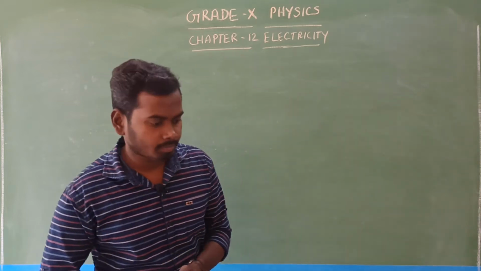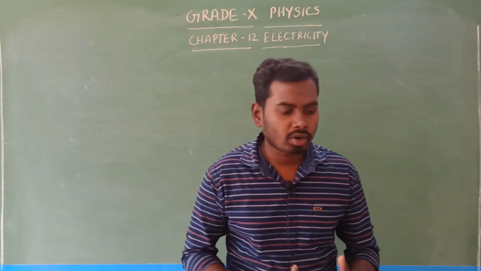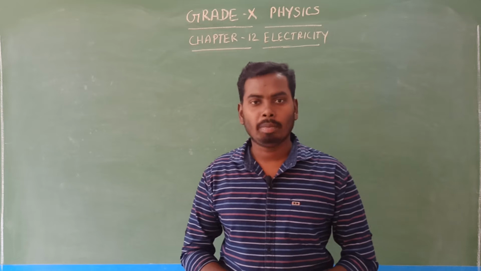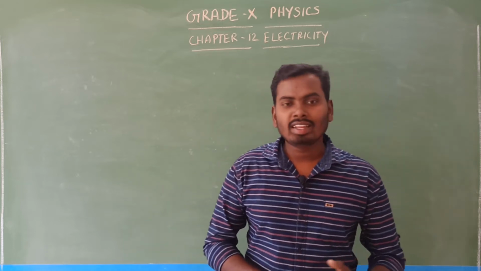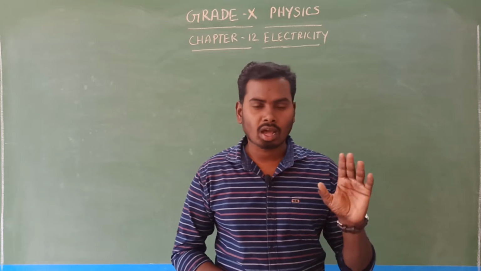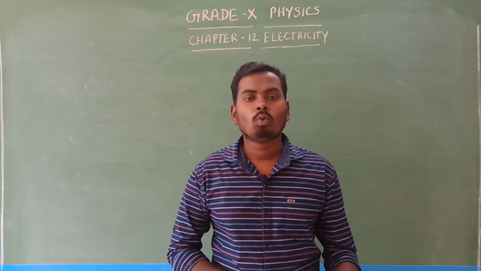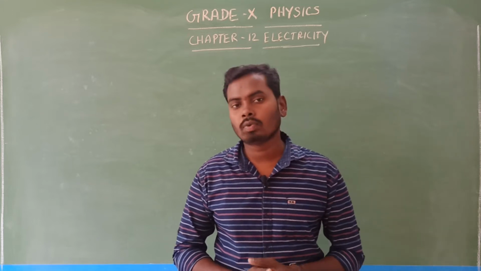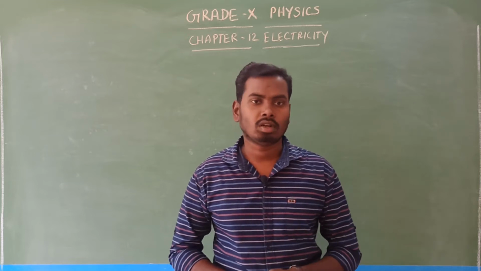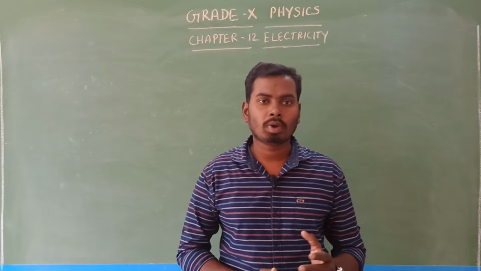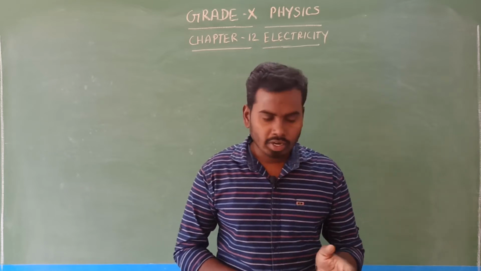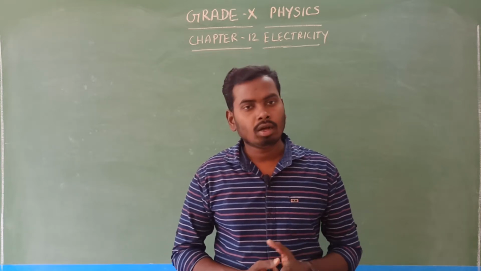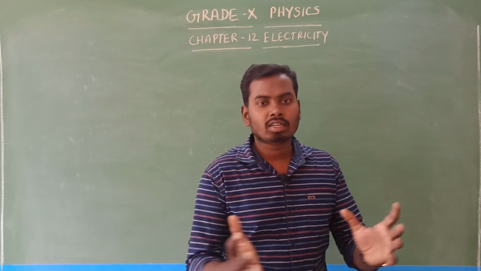Okay students? Yes. So in order to start the numericals we must recall very important things we have seen in resistors in series combination and parallel combination. In series combination, which is constant? In series combination current remains constant. What about the voltage, sir? Voltage gets distributed. And total resistance? The total resistance in series combination is equal to the sum of individual resistances. Which means R equals R1 plus R2 plus R3 and so on. So in series combination current remains the same, voltage gets distributed and total resistance is equal to the sum of all the resistors connected in series.